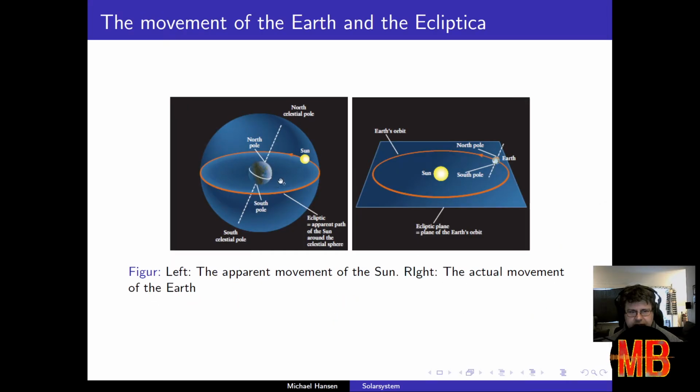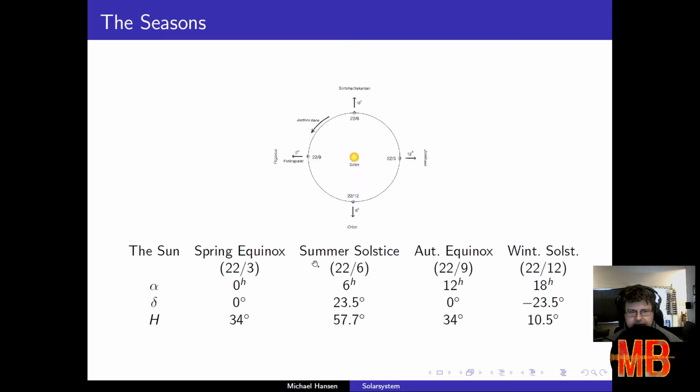So here we have the Sun rotating around the Earth, which is the way that we would perceive it. But in reality, it's the Earth that is rotating or orbiting around the Sun in the ecliptic plane, and we use the ecliptic plane to define the rotational axis of the planets. Here we have the different